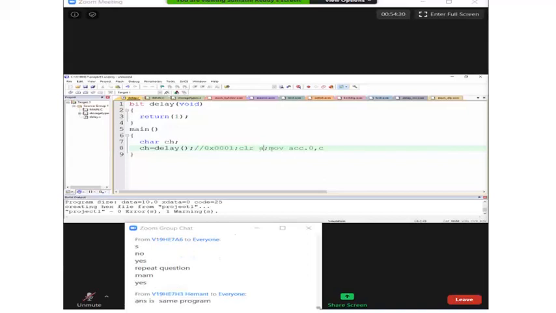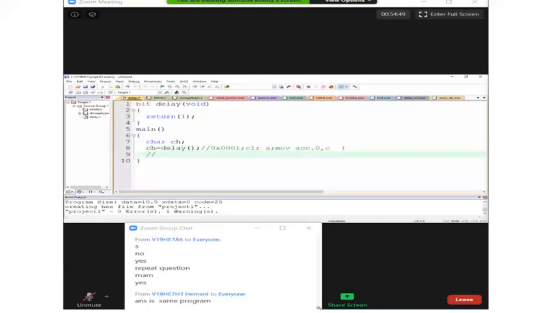So here you take that. Yes, the answer is the same program. Very good. You take that single bit in the carry, clear the accumulator, then go for moving that carry into ACC.0. Later on, you try to access the accumulator. When you access the accumulator, it will be of 1 byte. So your single bit which is in carry is being accessed through the accumulator as a byte.